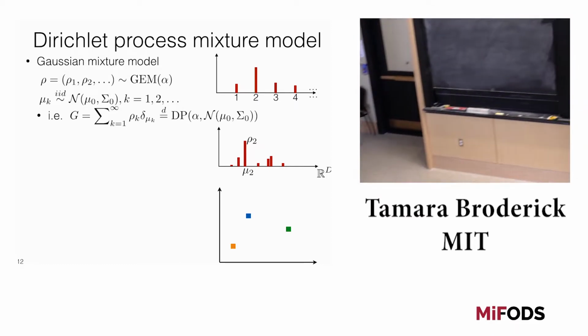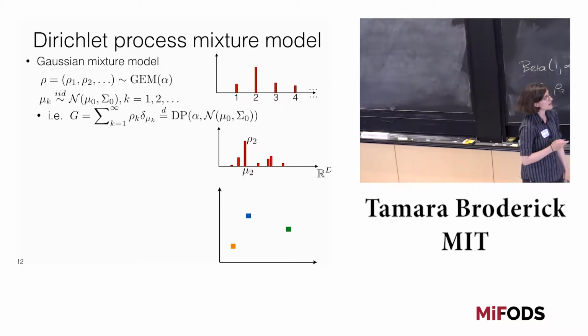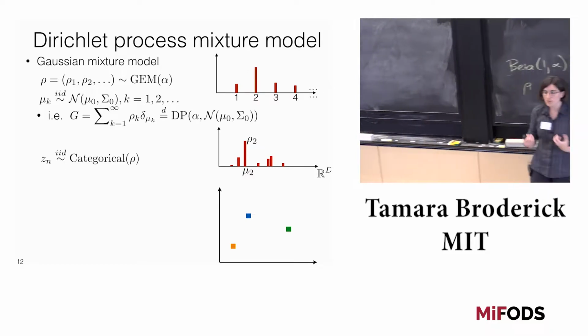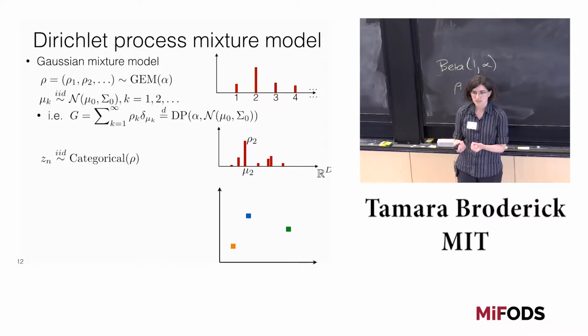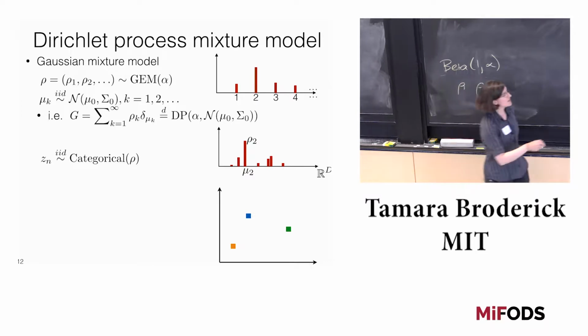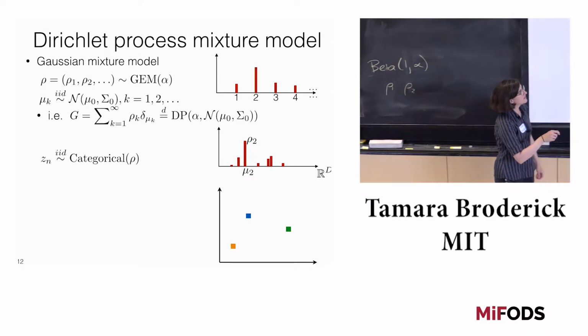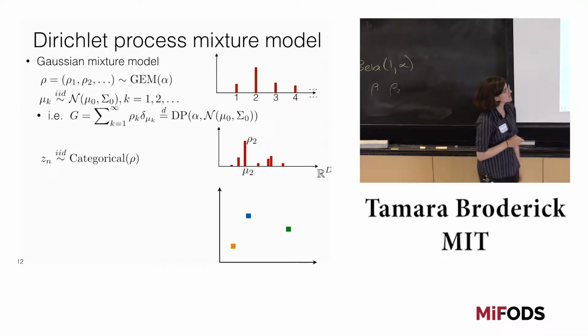Okay, so again, we're going to keep building up what this Gaussian mixture model looks like with a GEM. The next thing we would do is draw the assignments of data points to clusters, again from a categorical, just like we did for the beta and the Dirichlet. So rho is now this countably infinite vector, rho 1, rho 2, rho 3, et cetera. We're going to draw 1 with probability rho 1, 2 with probability rho 2, 3 with probability rho 3, et cetera. So for the nth data point, what cluster does it belong to?